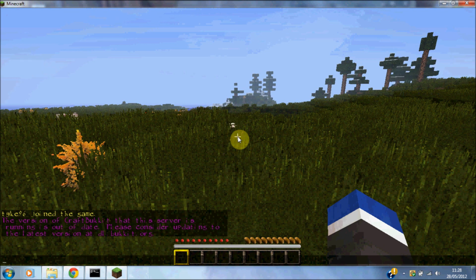You can do this in the config, as I said, but that's rather hard, so in game it sets it all out for you. So what you need to type to do a prefix and suffix is PEX and then group and then the name of the group that you want to add a prefix to. So I'm going to do the one I'm in, my class. It has to be typed exactly how it is in the config. And then you want to type prefix and then